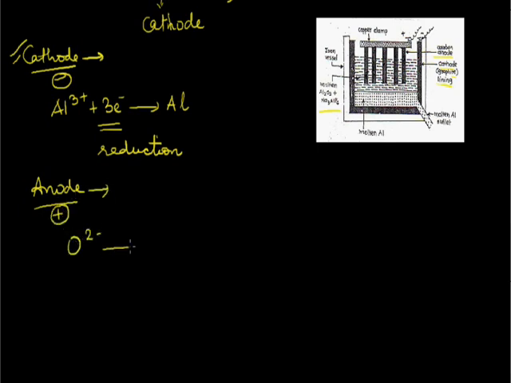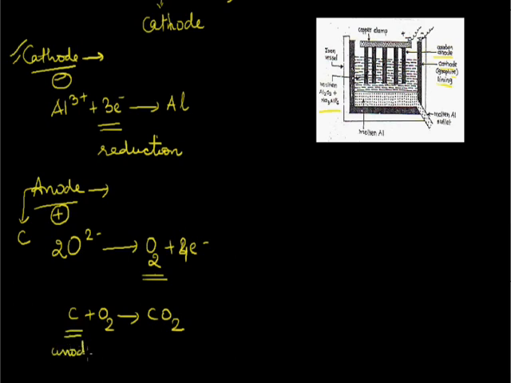Here the oxide ions lose electrons to convert into neutral atom, but because one atom of oxygen is not stable, this reaction proceeds as this. So oxygen is being released at anode. Anode rods are made up of carbon and oxygen is being released. They react with each other, forming CO2. This is again important to remember that here anode rods are being consumed. So they have to be replaced from time to time. Because they are reacting with oxygen and escaping in the form of CO2, anode rods have to be replaced periodically.